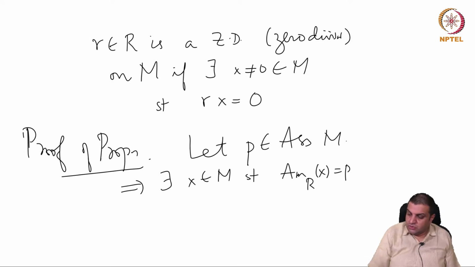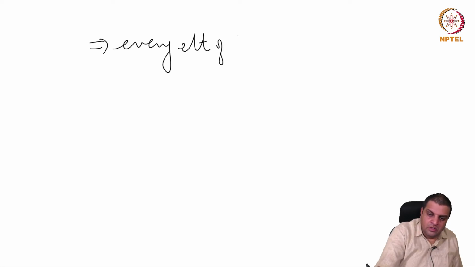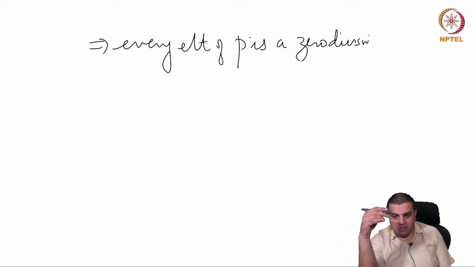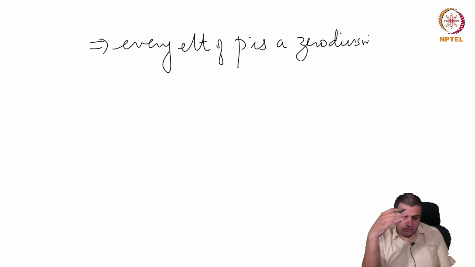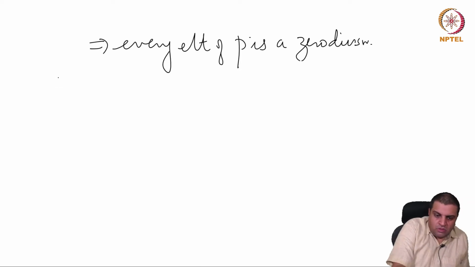So this implies that every element of P is a zero divisor. Therefore, the union over P, where P runs over the set of associated primes, consists of zero divisors and nothing else. Okay. So now, conversely,